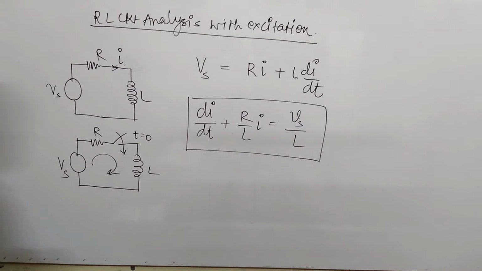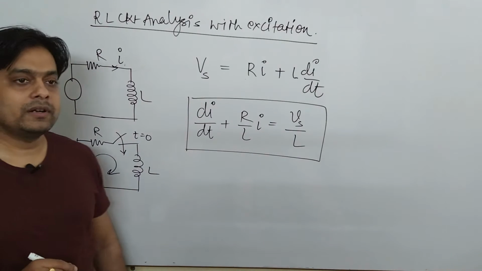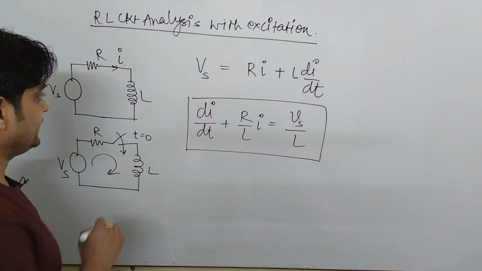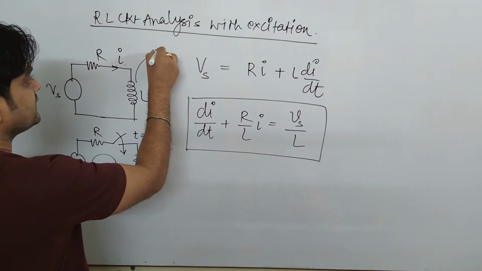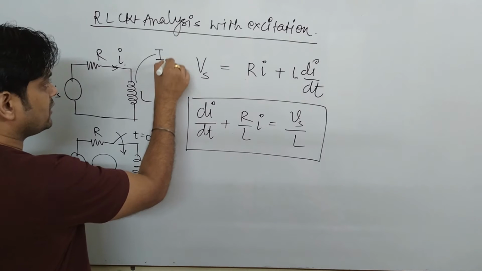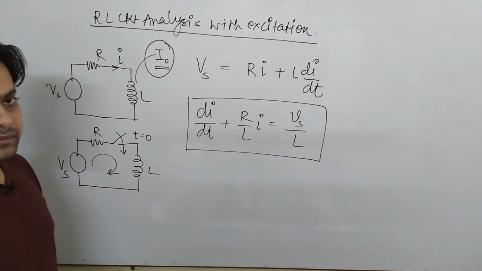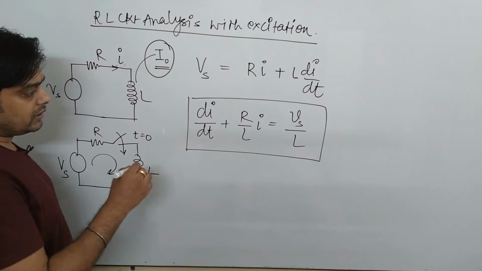So we have actually made a first order differential equation, and if you remember how to solve a first order differential equation, one can easily get the solution for i(t). In case of capacitor, we found the solution for voltage. In case of inductor, we will find the solution for current, with the special condition that this inductor is initially charged by current known as I naught. Very important thing, just keep in your mind, this inductor is initially charged by some current I naught. In case of capacitor, it was voltage V naught. In case of inductor, the current is I naught. So now can you solve this?